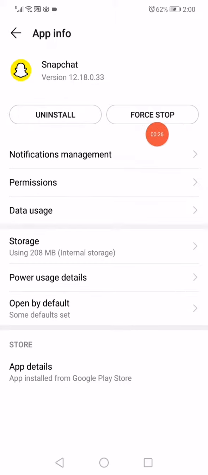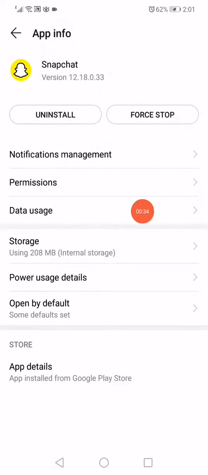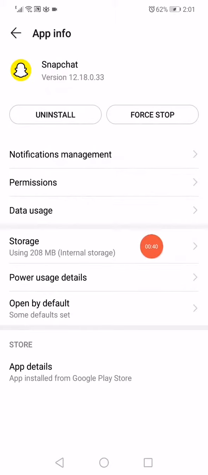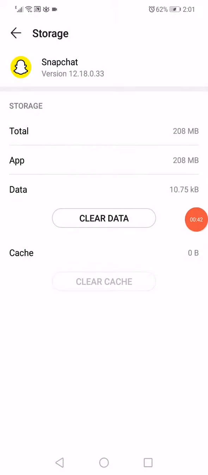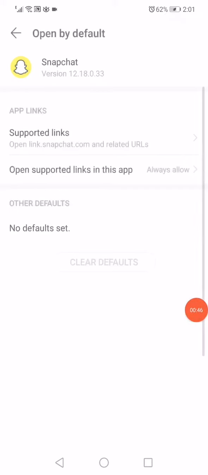and then go to the permissions. Make sure to enable every permission right here. Go back, click on the data usage, and right here also make sure to enable everything. Go back, click on storage, click on clear data, go back again, click on this open by default, click on